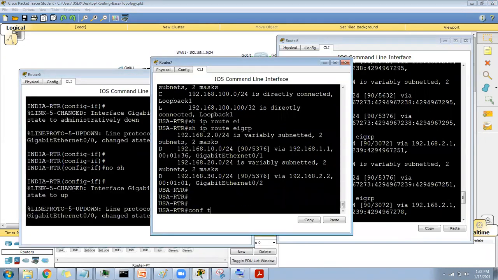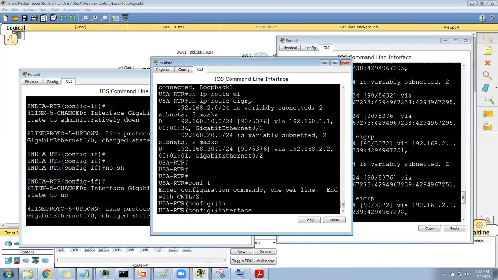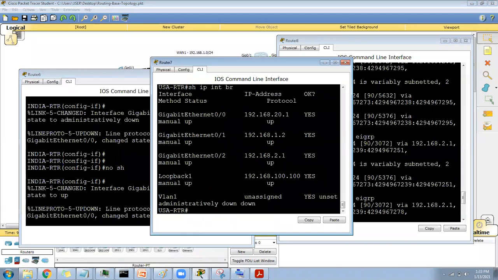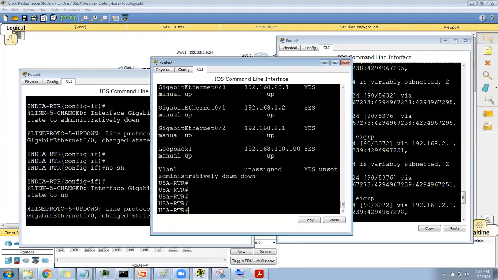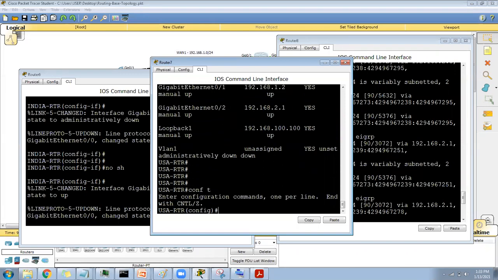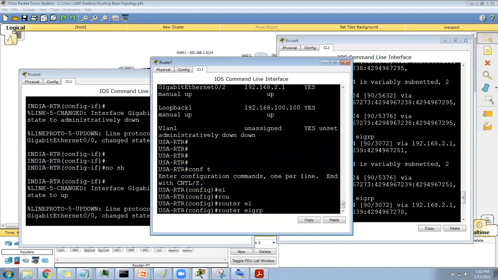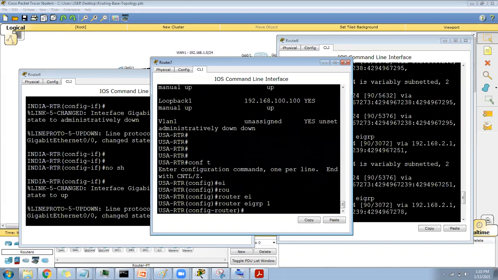What I'm doing: config terminal, interface. Let me advertise the loopback address of the USA, show IP interface brief. I created one loopback 100.0. Remember that. So now I'm advertising it in the EIGRP. Router EIGRP 1, network